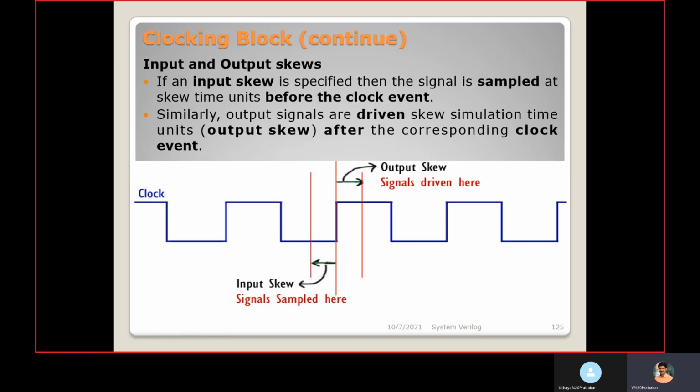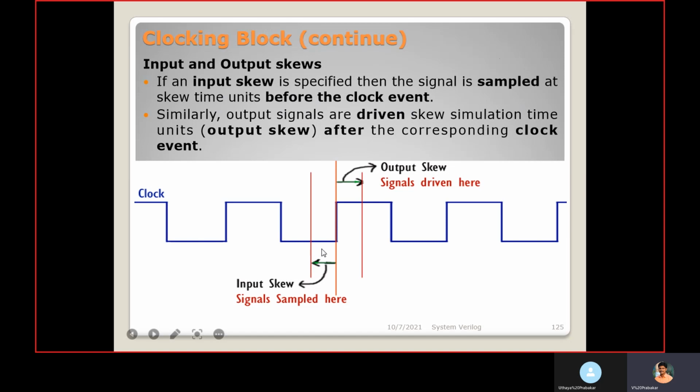Okay, I mentioned input and output skew, right? So for input skew, when it is specified, the signal is sampled at the skew time unit before the clock event. So the clock is the reference. The input signal will be sampled by the DUT just before the rising edge of the clock. If you mention at posedge of clock, just before the rising edge of the clock, it will sample that signal.